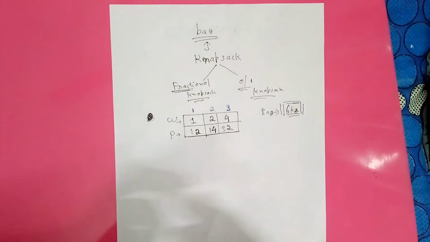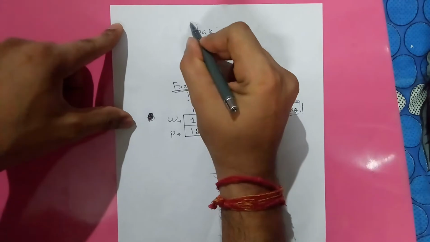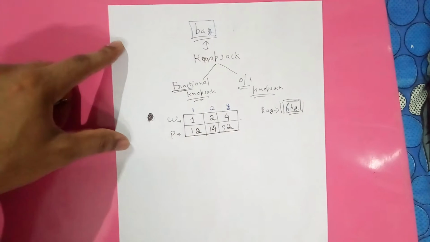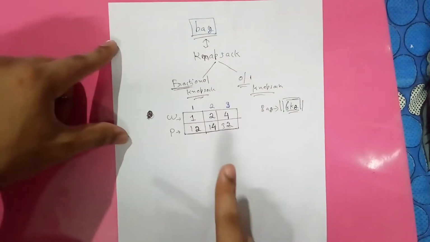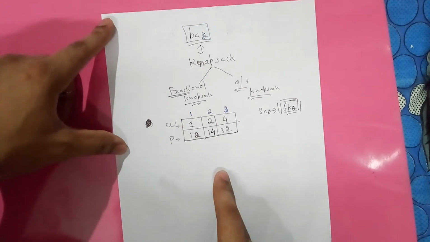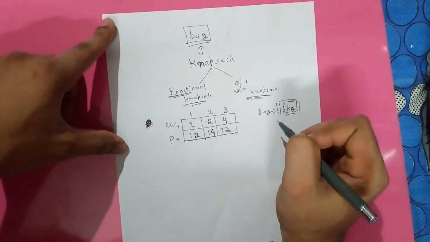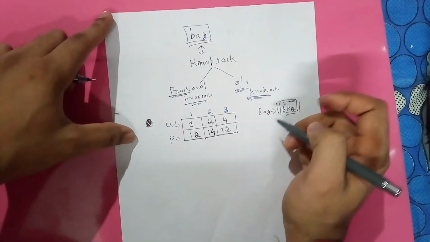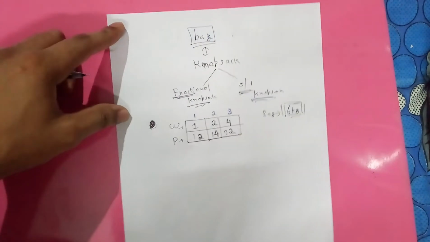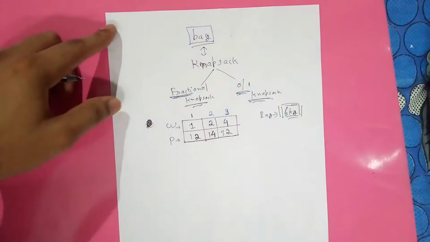So basically for this we need to know what a knapsack is. A knapsack basically means a bag. These are the daily use bags which we carry on our shoulder. You can assume it as that. There are many types of knapsack, but the ones we need to consider are fractional knapsack and 0/1 knapsack. So let us understand how these knapsack questions are framed. Then only will we understand what a fractional knapsack is and what a 0/1 knapsack is.